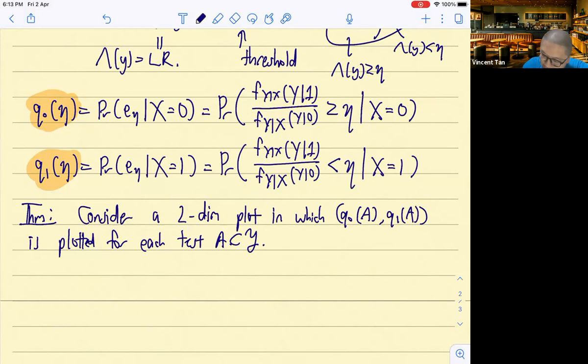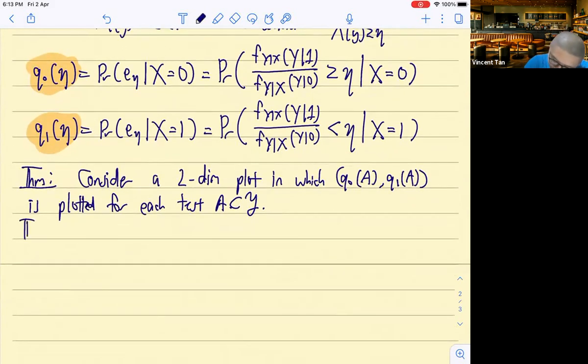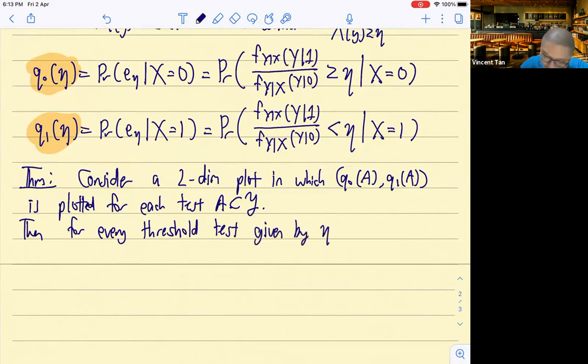So we are going to consider a two-dimensional plot where I plot these for every test A. Now the statement is as follows: for every threshold test parameterized by eta, eta belongs to 0 to infinity, eta is a positive number,